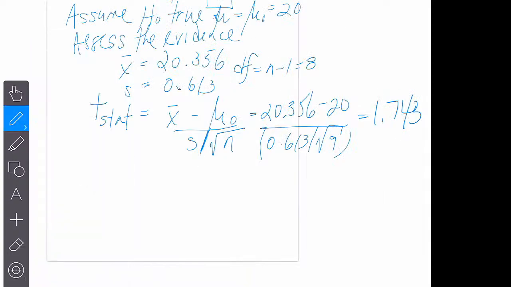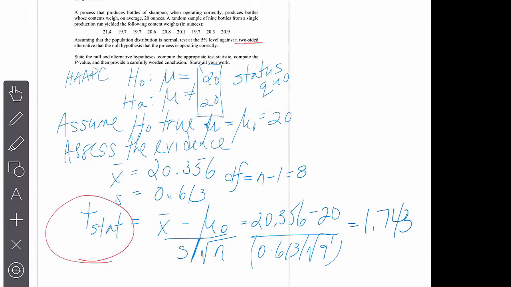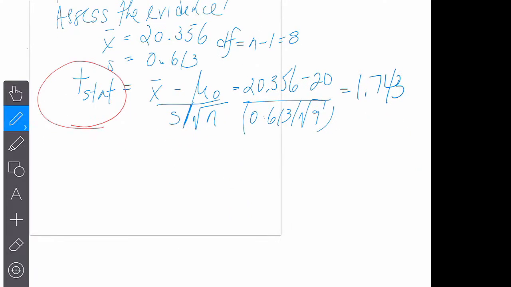So that's okay. So what we've done is assessed, by calculating the t-stat, or the test statistic. And what we need to do next is get the P, right? So going back to my acronym, my mnemonic device, HAPC. So we've done hypothesis, assume, assess, and now we're going to do P. The P is the p-value. So p-value